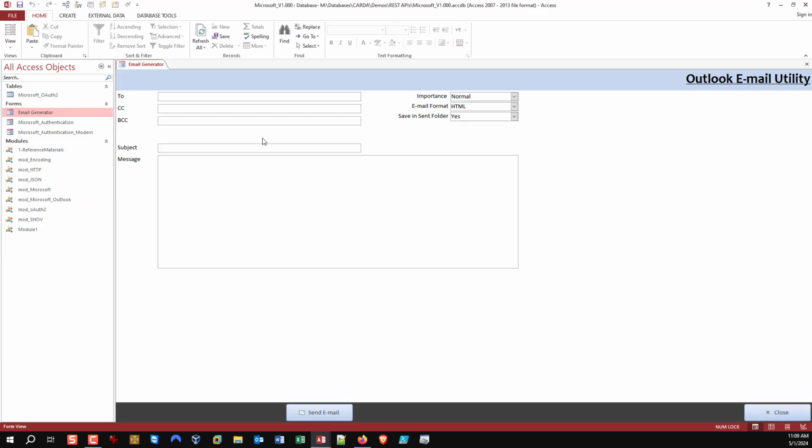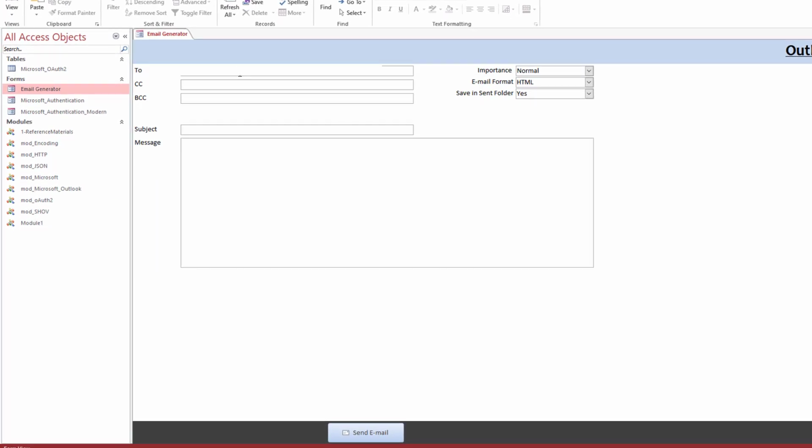If we launch the email generator, we simply come here, and it's a standard thing. You're just going to put the email address you want to send an email to. And obviously, this can be all just a function behind the scenes. Like, you don't need this interactive form. I just created it to demonstrate a little bit how it works. But you can easily have all of this and extract data from a table and just automatically send out emails. But for today,